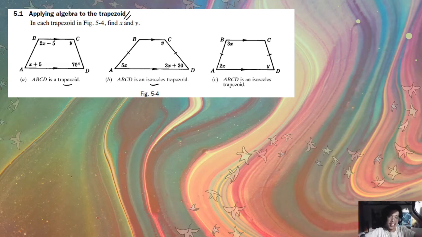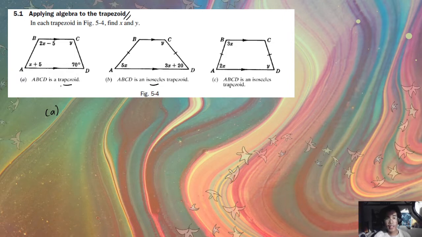Okay, so hi guys, let's try to solve some problems involving trapezoids. This is our 7th or 8th lesson in the second quarter, and let's try to solve these problems specifically for trapezoids and isosceles trapezoids. For our first problem, we have ABCD as a trapezoid, and we have here these angle